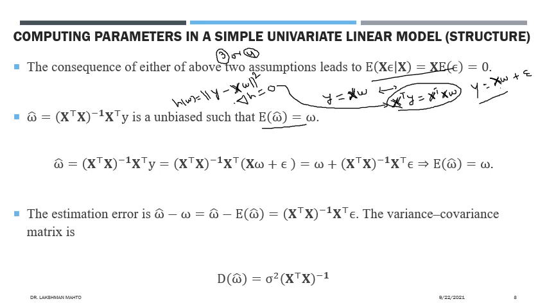You can solve it, and the solution we can get this way is omega cap, the least squares estimator of omega. It is an unbiased estimate of omega. Why? If you find the mean of this one, its expectation would be equal to the true value of omega. That's why we say it is an unbiased estimate. Okay, other things we will discuss in the next class.